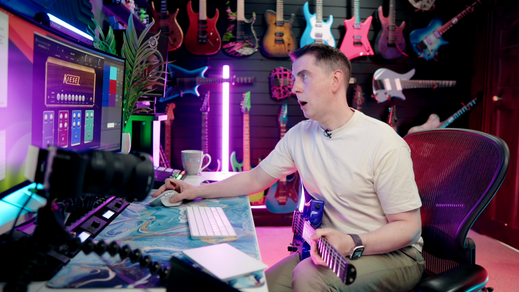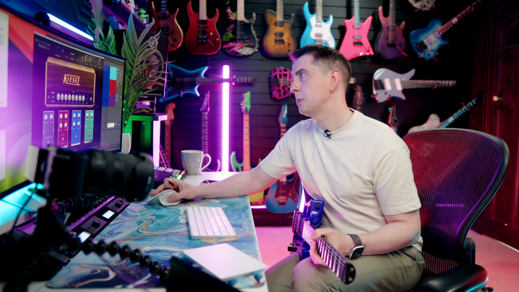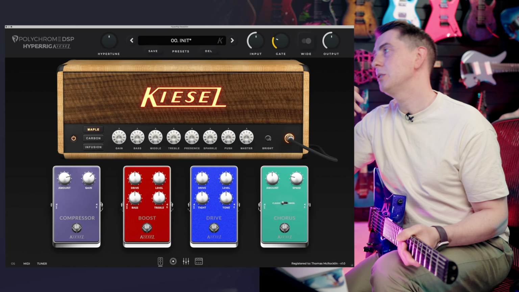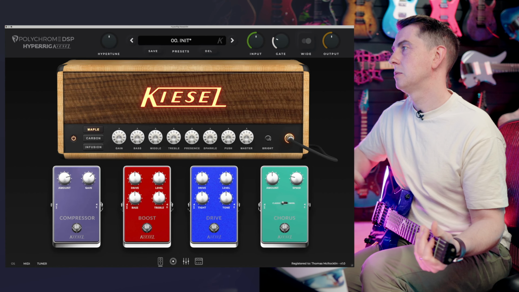It's really great. I want to tell you a couple of secrets about this plugin. Things that Kiesel might not even know. We don't tell them everything here at PolyChrome. Keep some secrets. So when you turn on, let's say, boost, for example,